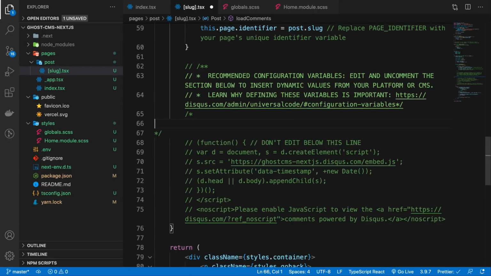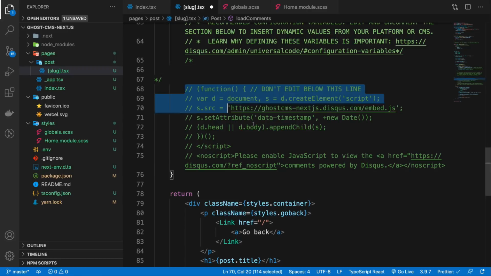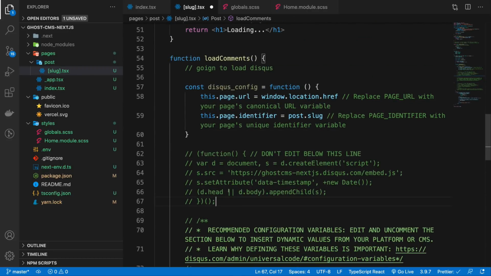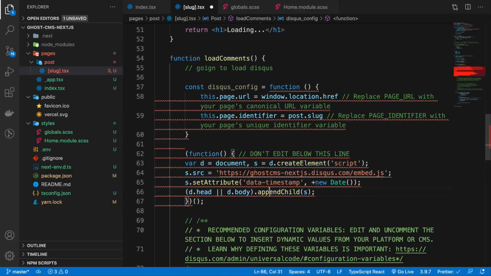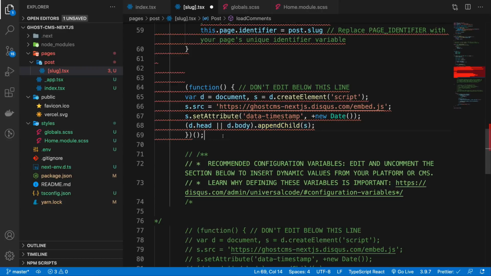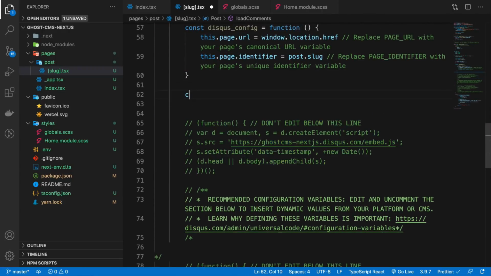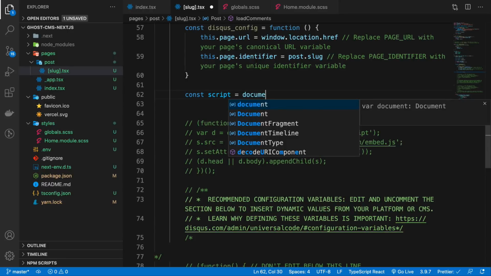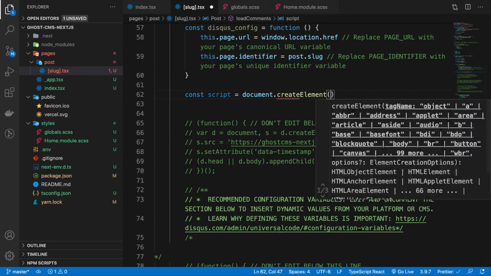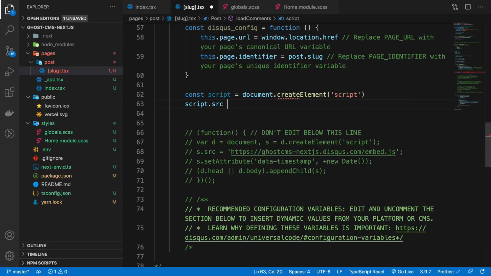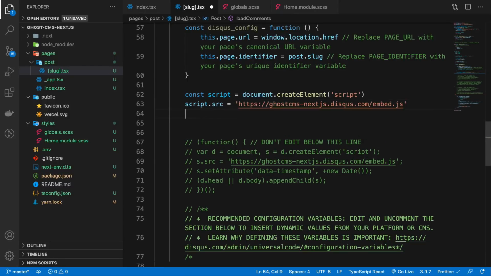Then after this, we need to fire this function, which is basically doing nothing but inserting a script tag with this src, right? So let's simplify this a little bit, because we don't really want too much complication here. So let's say our script is document.createElement('script'). script.src is this thing, right? And then it wants a setAttribute as well, like this,